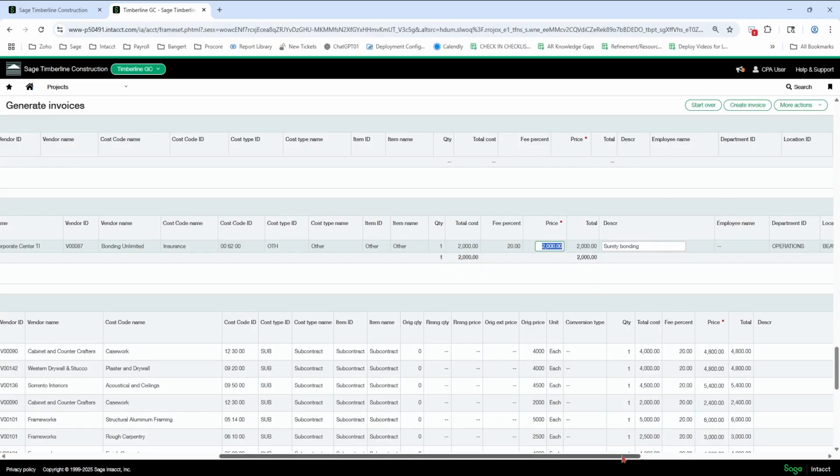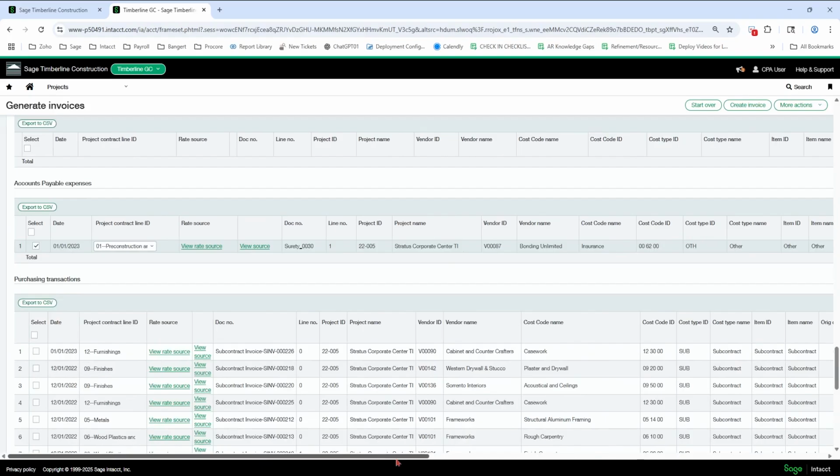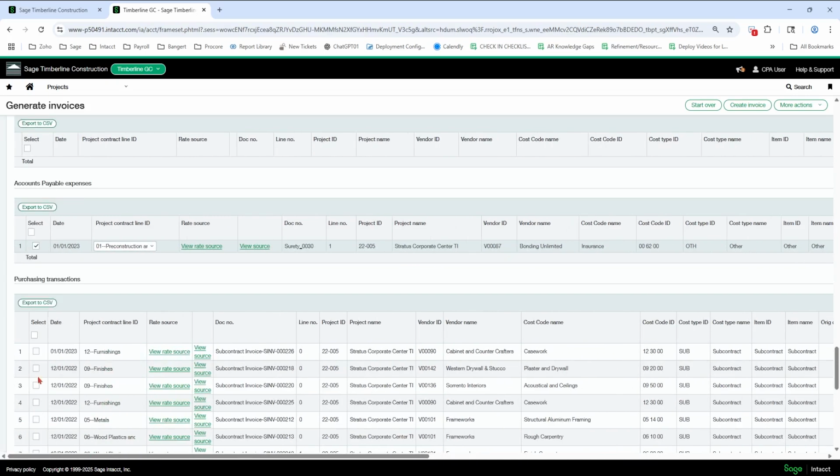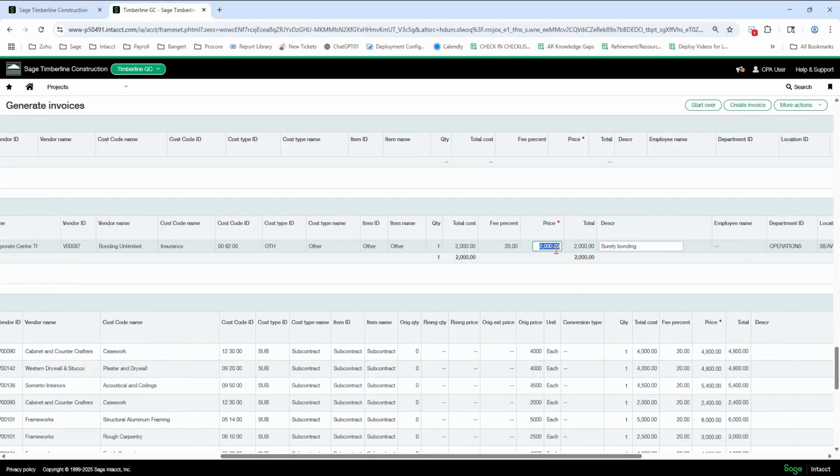Okay. One thing I want to point out is if you've billed this line at all, if it's checkmarked at all, do not partial bill this. It's either billed in full or it's unchecked and it comes in again the next month or the next time. So if you've checkmarked it and you put any sort of amount in here or checkmark it and put a 0, it's gone the next month. It doesn't bring it back in if you partially bill it. So just want to watch out for that.